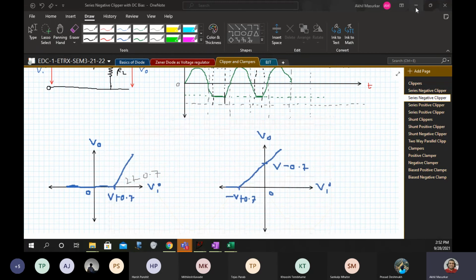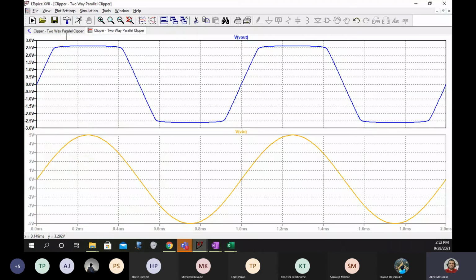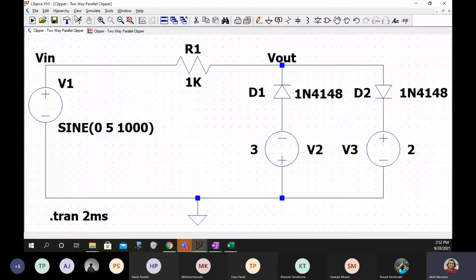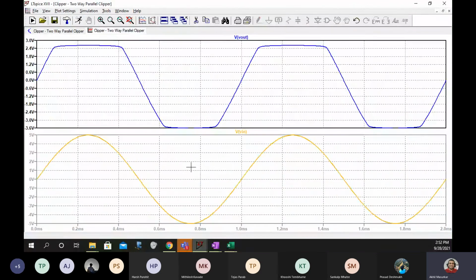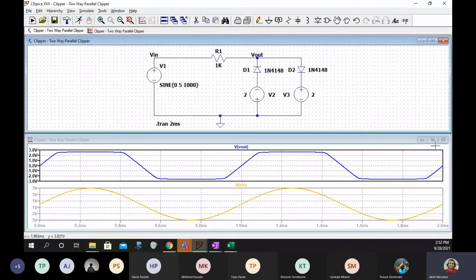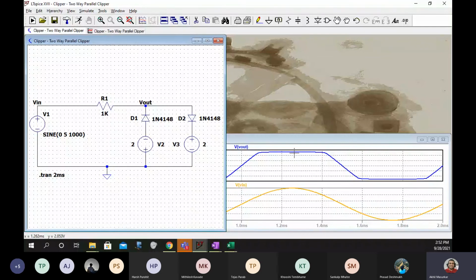Now it's not always compulsory to have that. So what we can do is we will go to the circuit, and if we make this 3 and then run this thing, you can see here now we have 3 plus 0.7 and 2 plus 0.7. So you can change the reference as and what you like and get the signal that you want. But in this circuit I am keeping both same and running it, so I should get this. So that's what it is.